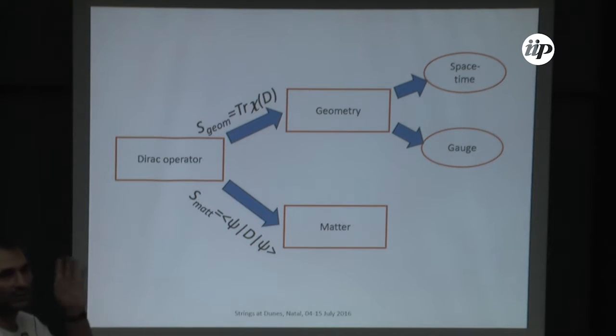Because if you look at the standard model, you have gauge fields which are connections on some fiber bundles. You have matter fields which are sections of fiber bundles. You have the Higgs, and it's not very clear where to put it geometrically. So here it belongs here.